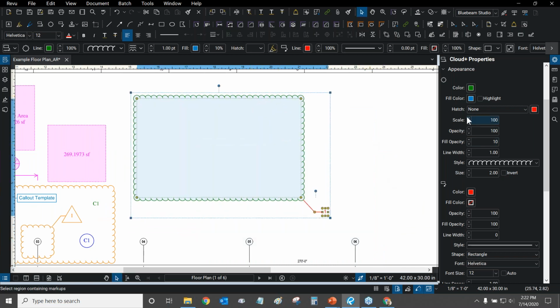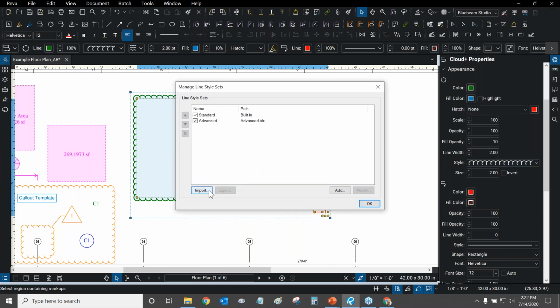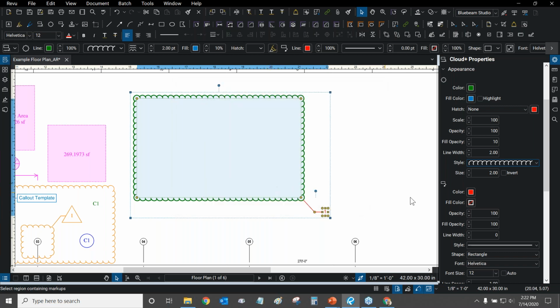And let's continue going. Obviously, we can change the opacity of the actual lines themselves for the cloud. So if I wanted them to be a little bit faded, I could do that too. I like them to stand out a bit, so I'll put them back to 100. I can change how thick the cloud lines are, so I can make them just a little thicker. I think size 2 is nice. I can change the cloud itself, so it does not have to be a cloud. It could be any of the other different line types that Review has to offer. So we could actually add more line styles by clicking on Manage right here. And you can start to import line types if you'd like to. So there's many different opportunities and ways to modify this and customize it to your liking.